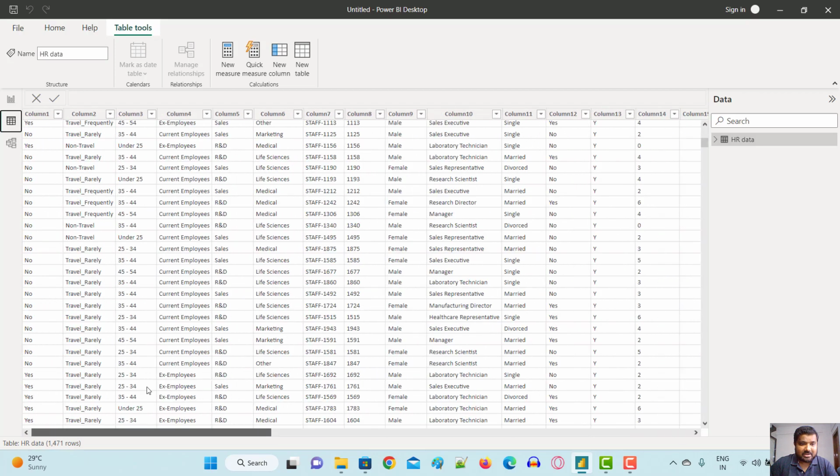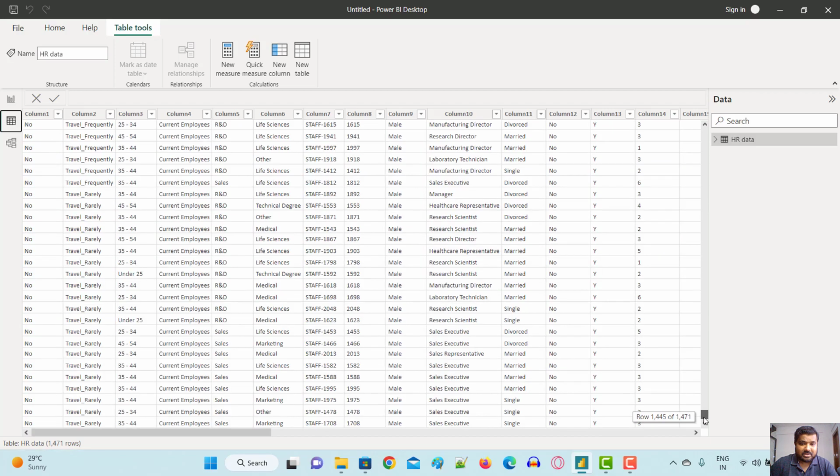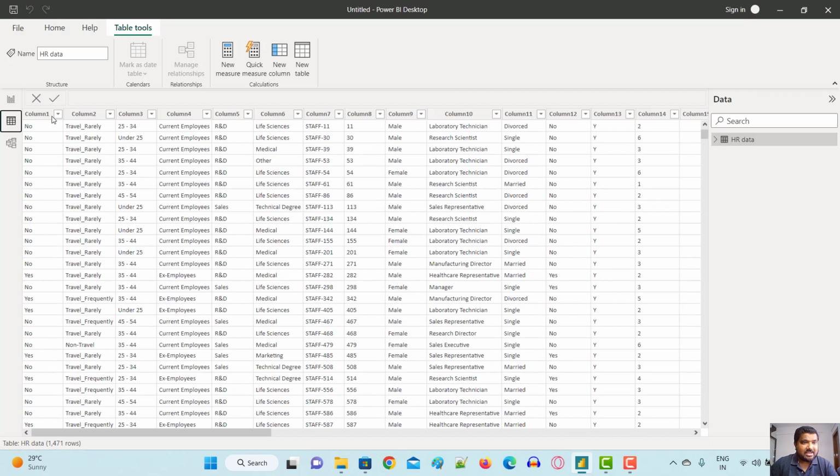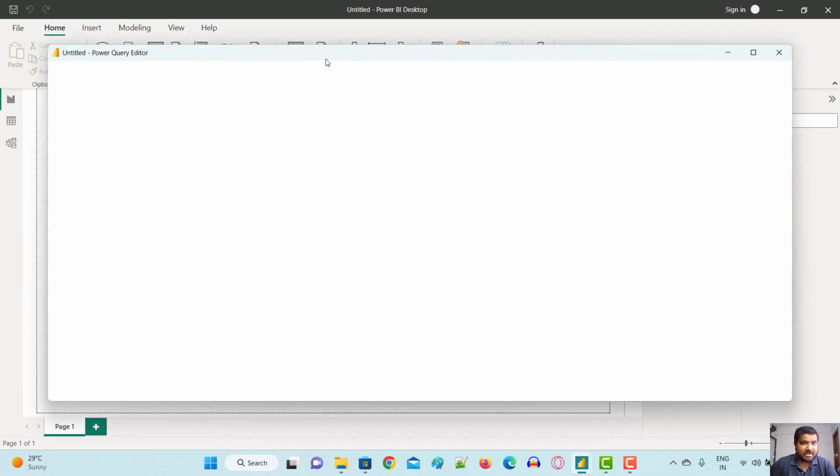So it's a huge data set that we have loaded. There are 1471 rows in this data set, but you can see here Column1, Column2, and the header is not here, right? In our Excel sheet there were column names, but here they are not visible. So how do we fix that? We'll go to the report view and click on Transform data. You just click on Transform data, and